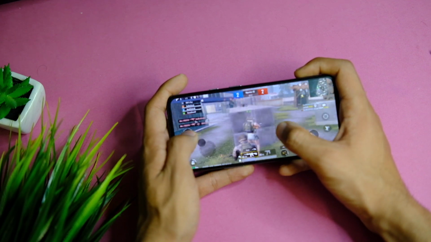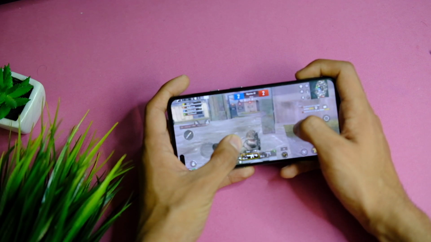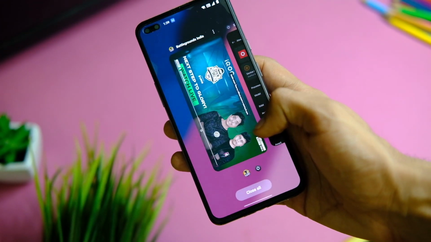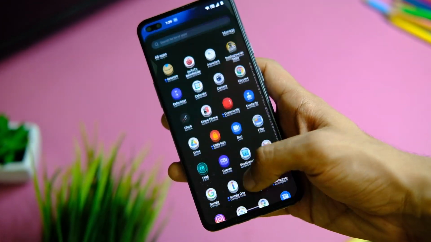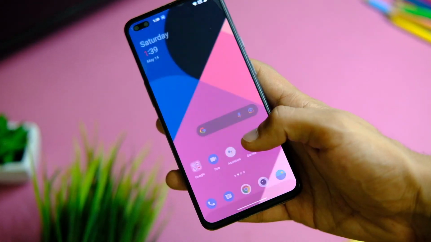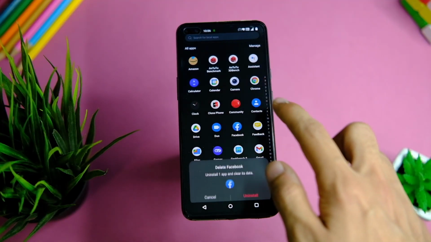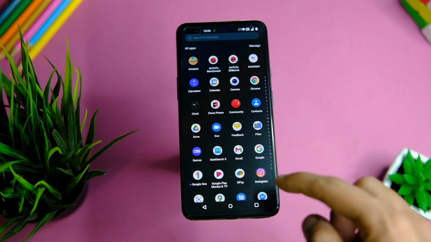Rest, I'll test out the performance even more, so stay tuned for that. The launcher also looks a bit different now, love it or hate it, it is what it is. And of course it is not the OnePlus launcher, and you guys know it already. By default we only get these applications, so thank God and OnePlus for almost no bloatware except Facebook apps, and